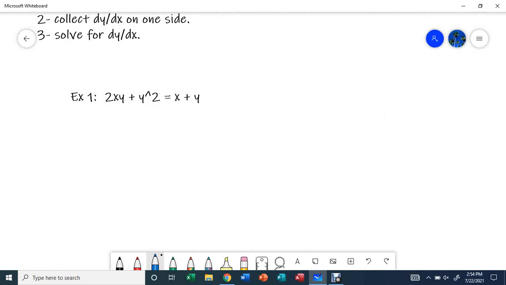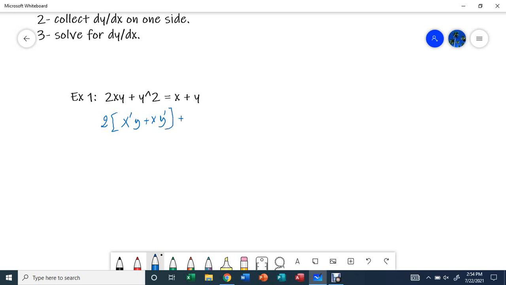So 2xy, this is using the product rule. 2 is just a constant, so I'm just going to leave 2 alone. So x prime times y plus x times y prime. So this is the product rule,